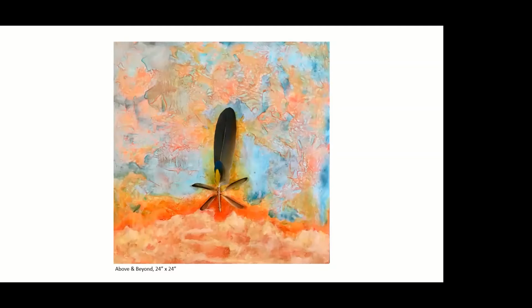So these are little tiny, I'm not even sure what feathers these are. A friend sent them to me and I just absolutely loved them. And so this was a much more complicated piece for me to resolve because of the colors and the texture. And that happens sometimes as I start creating these images and textures and the washes of color. And I'm not really sure how I'm going to pull it all together. But I think